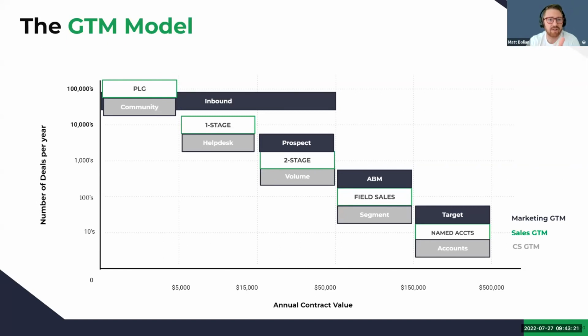Next is this help desk. That is when someone's sending a ticket directly in, and then it's automated to a CS team. They don't have named accounts. There's no vertical base. It is just a help desk. You're answering questions quickly for your support team. HubSpot has this. If you go to support and ask a question, you're going to a help desk, and they're getting routed in some way to help you answer. Volume based. This is going to be for.